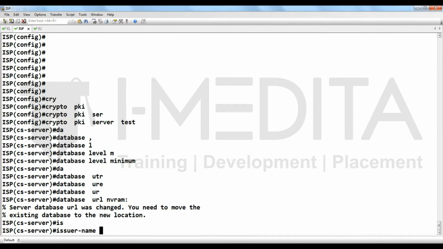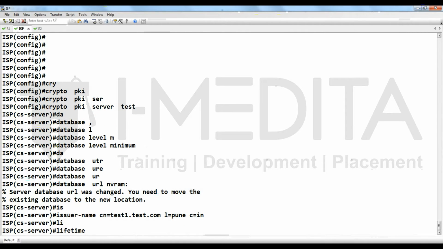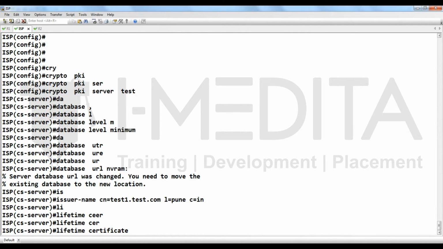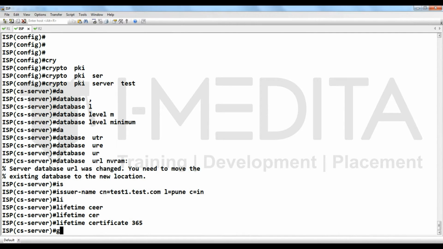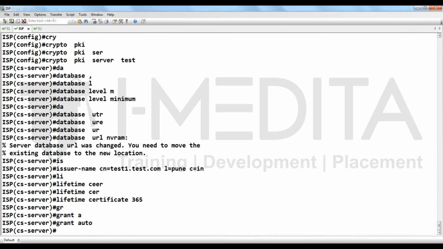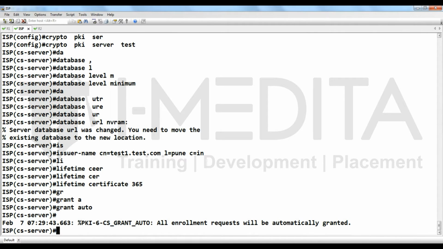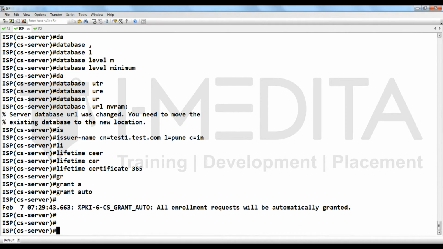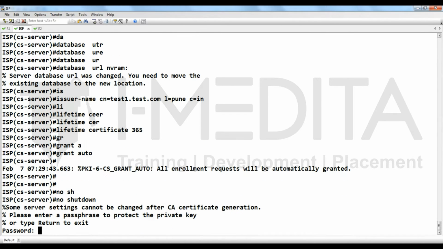Whenever you issue a certificate, the issuer name is cn=test1.test.com, location Pune, country code India. You can use any name here; I am using this one. Lifetime certificate is 1 year, and grant mode is auto, meaning when someone makes a request the certificate is granted automatically. Then no shutdown.